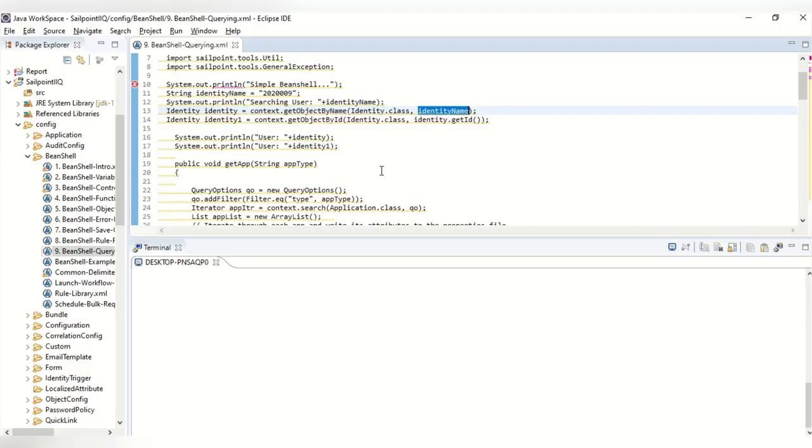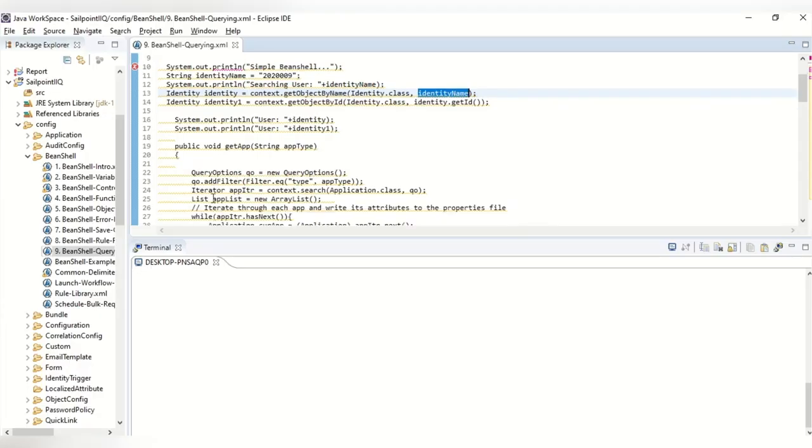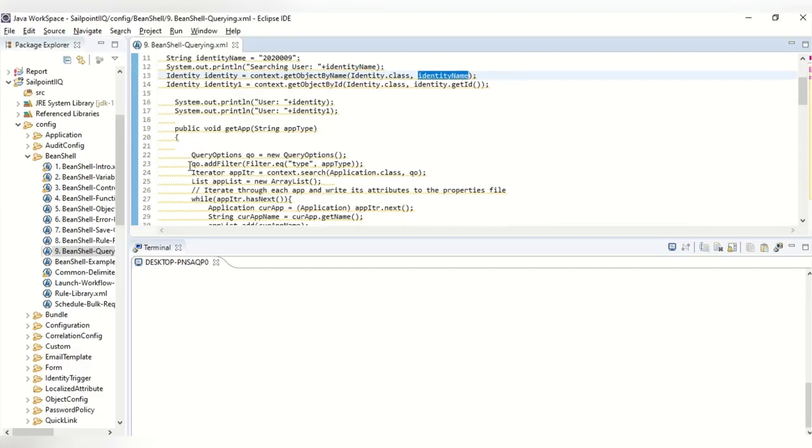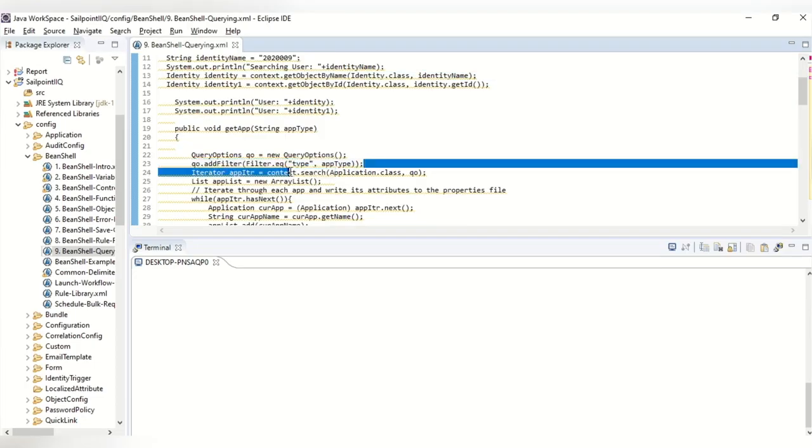This is a simple way, that is get object by name or ID. The other way is query options. Query options is like a code version of SQL query. Like when you are writing any query, you'll have a filter, a where condition, and you'll pass the required columns. So the same way here, the query option filter will be there, like where condition, like these examples show you